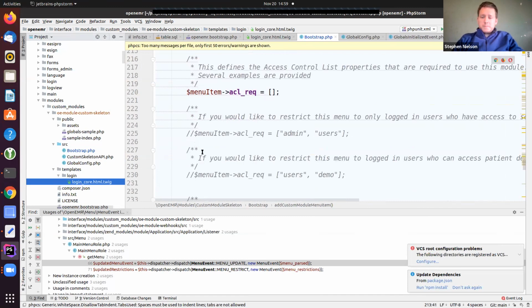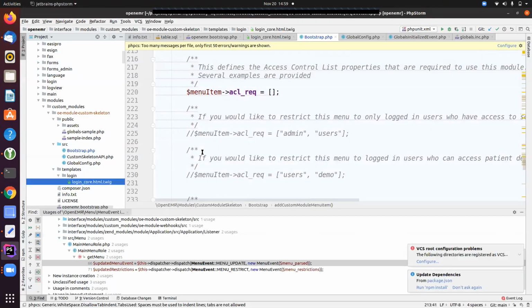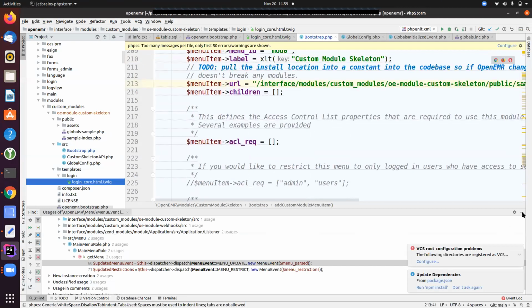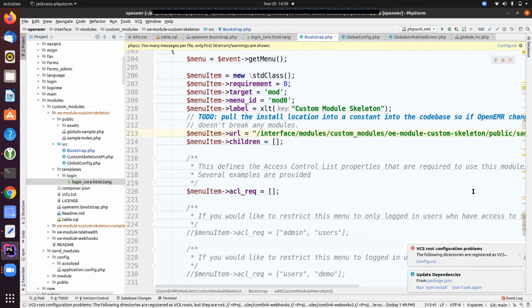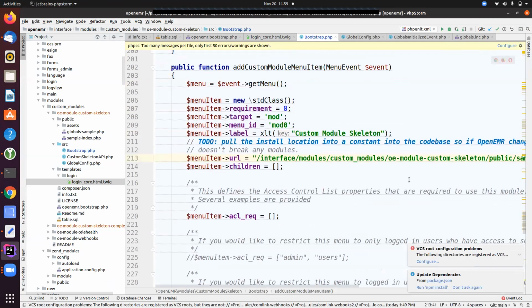Sorry, go ahead. Can we go back up there, because this is actually a question that was put out in the forum quite a few times and never really answered. I sort of learned through trial and error the JSON file, the standard.json file. So we have the target and we have the menu ID.